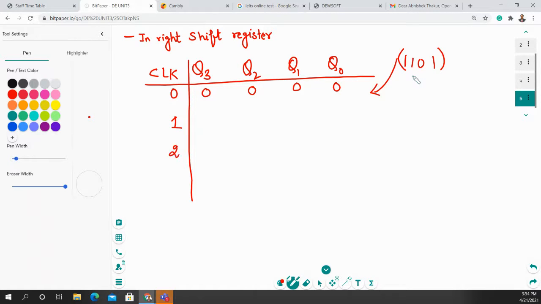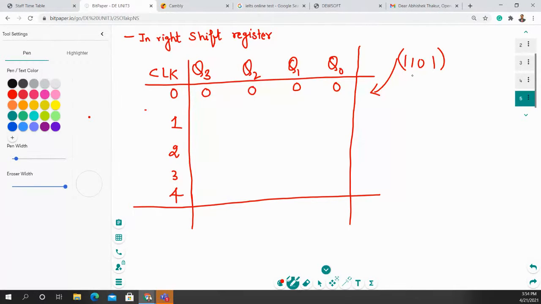This is because we have a 4-bit binary number, and if you apply that binary number 4 times, then you will get the final output similar to the input. So this is the truth table you have to create for this type of output. You have to perform the operation. What is the input to this Q0?